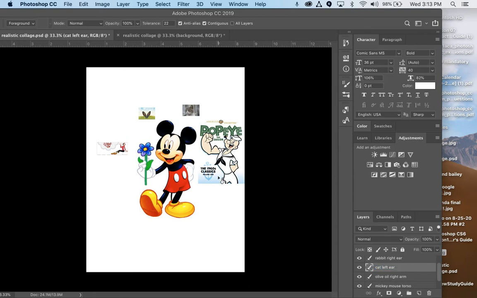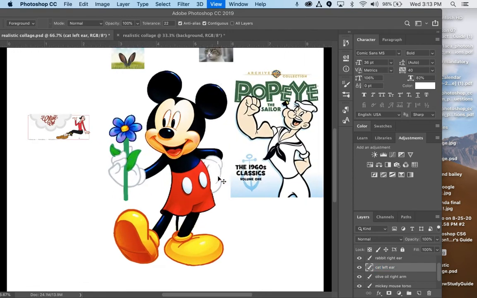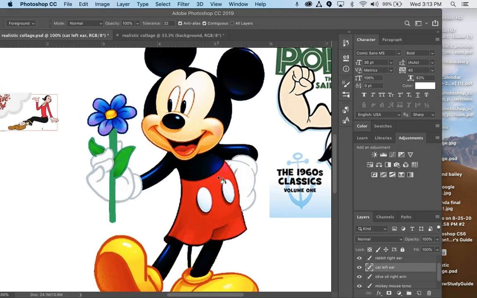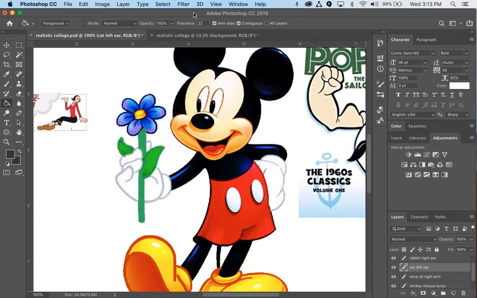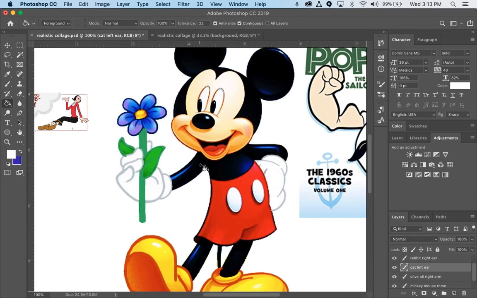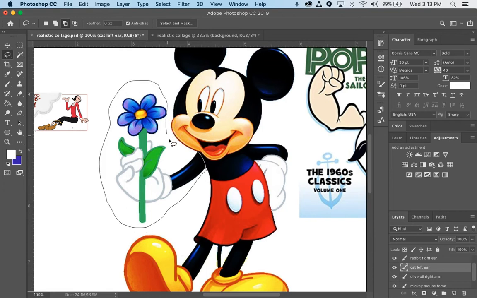Okay, so moving on to how we're going to do this. Now you're going to select whatever selection tool you want to use. So we're going to start with this arm. What I want to do initially is get rid of this arm, and you can use, again, whatever selection tool you want. I'm actually going to try to be really careful here, but I can just go around because I want to get rid of this. So once you select it,